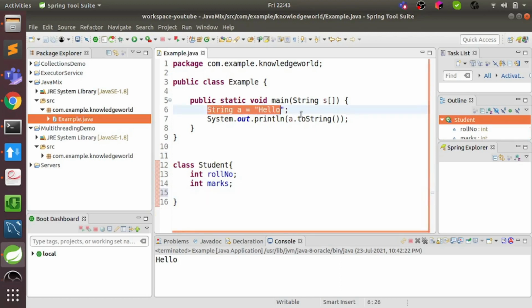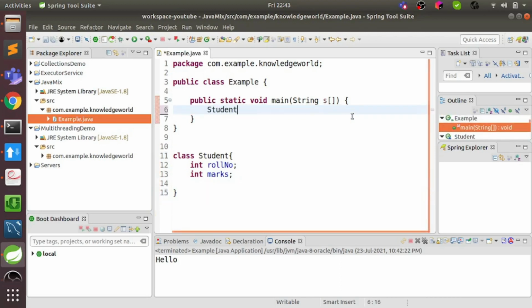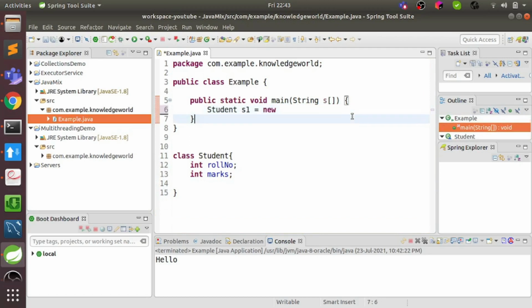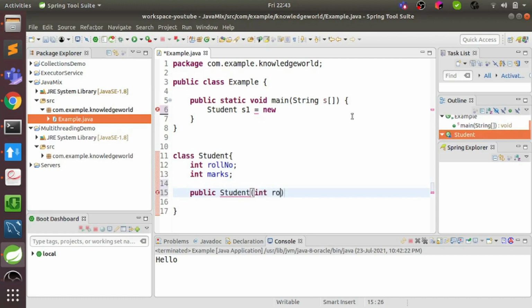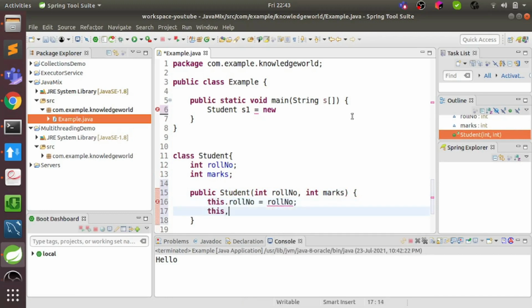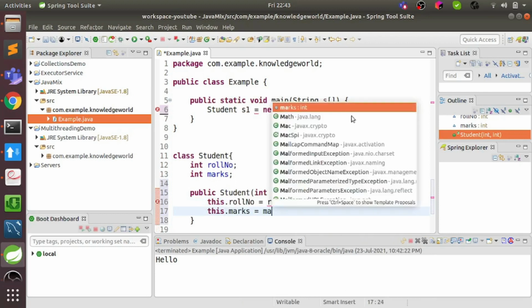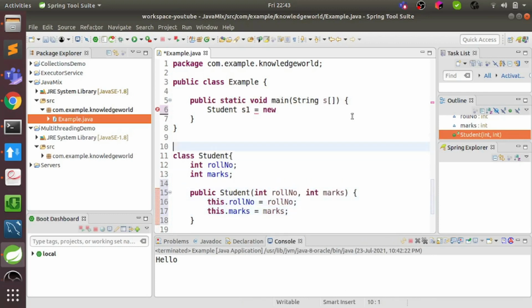Now we'll just remove this. Now let's create two different students. s1 equals, we'll create one constructor, public Student, and now we create the students.